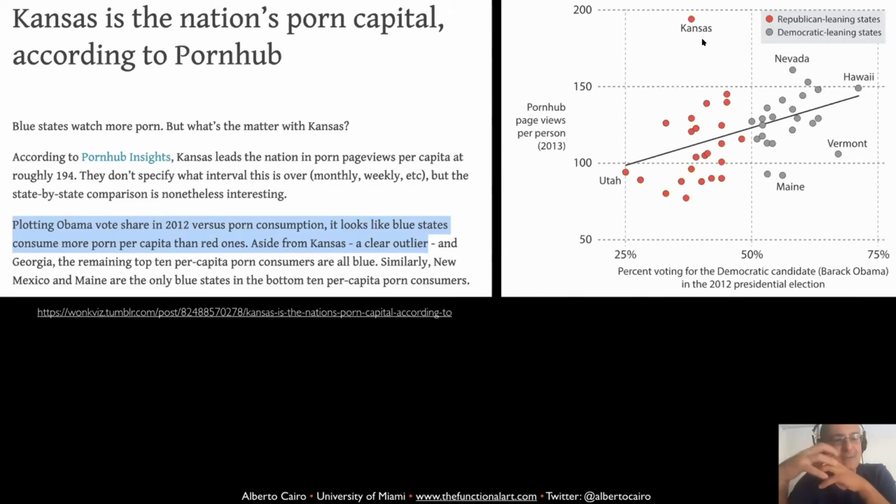But when you see something so extreme, you need to be a little bit skeptical. And Chris corrected this story later on because he discovered that this is a glitch in the data. And this is what the glitch is about. Apparently, in the past, when Pornhub released their data, the data had a little bit of a footnote that you needed to be aware of, which is the following.